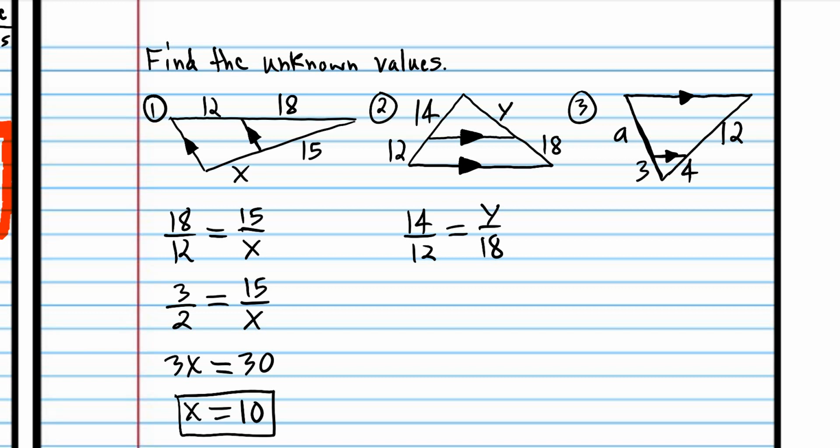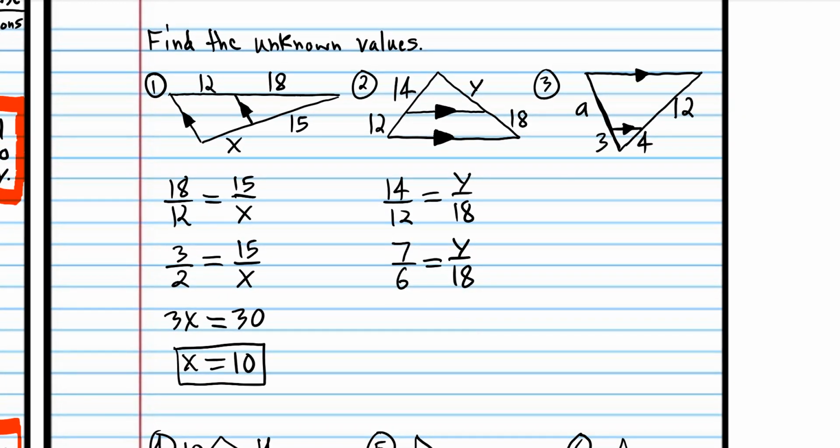So first we're going to simplify, divide both sides by 2, and we get 7 over 6 is equal to y over 18. There are a lot of different ways to do this, but we're going to just cross multiply. I don't want to confuse students by doing it different ways each time. So 6 times y and 7 times 18. 6 times y is 6y. 7 times 18 is